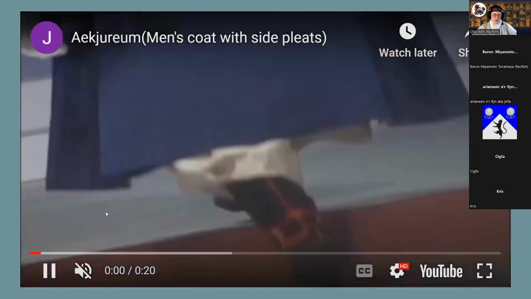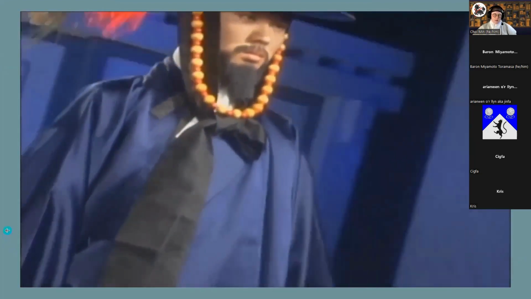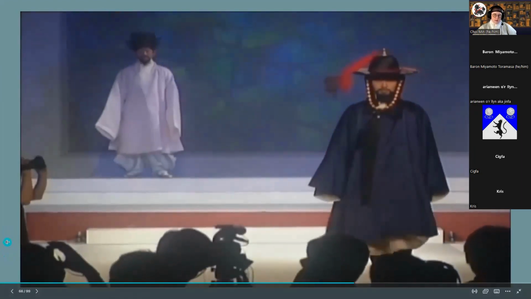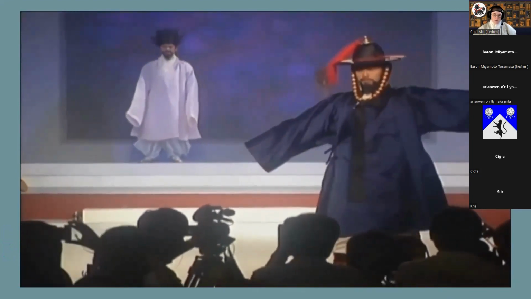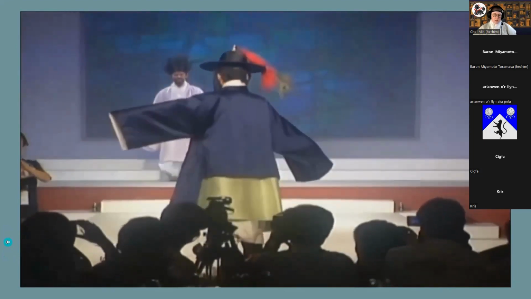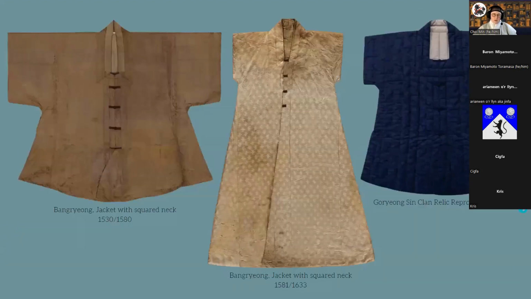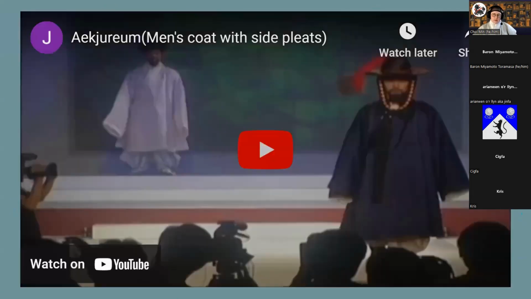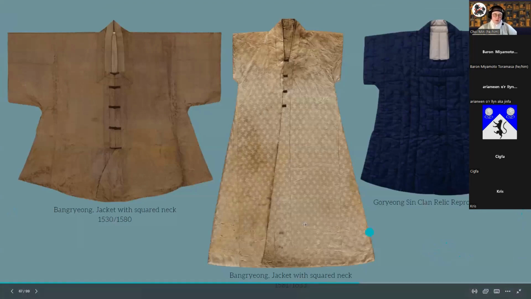Here's the same fashion show. It's titled after the Akjurum, but their Akjurum also had some that were short in the back and they were for riding. So as he turns around here, you can see how wide it is, but you can also see that it's cut off in the back. So there are some Akjurum that are long in the front and short in the back, and the claim is that you would wear it for riding. That's one of the ones that I'm not sure hung around very long. They might have gotten rid of it.